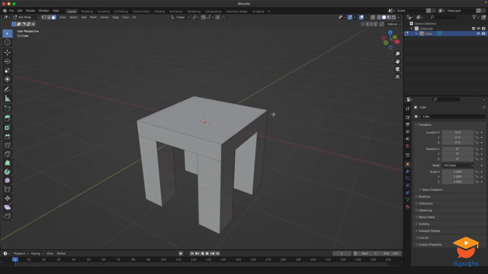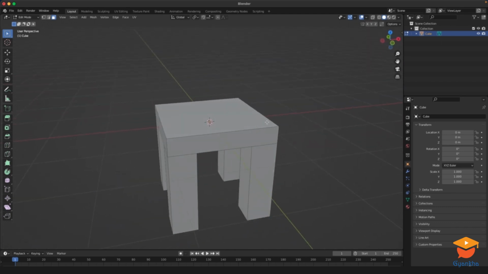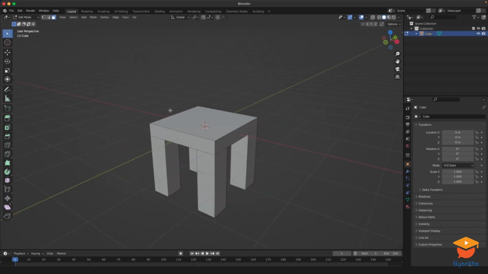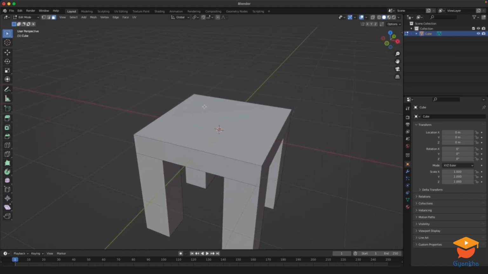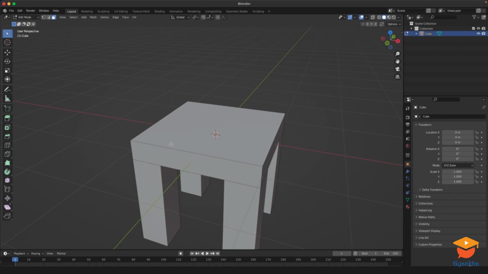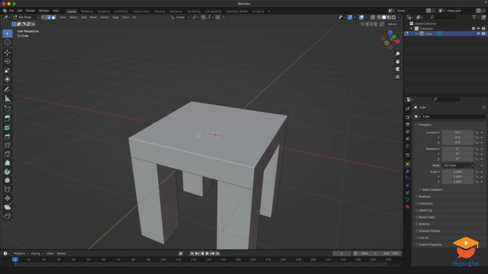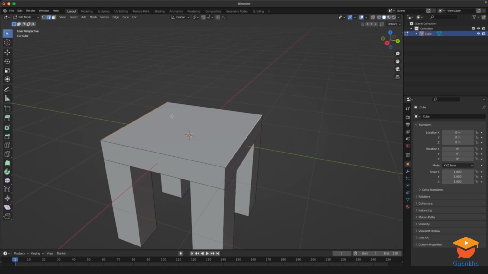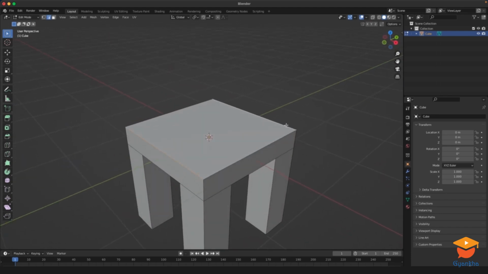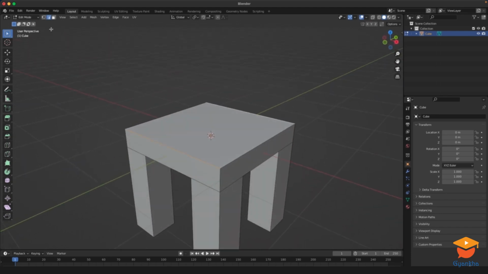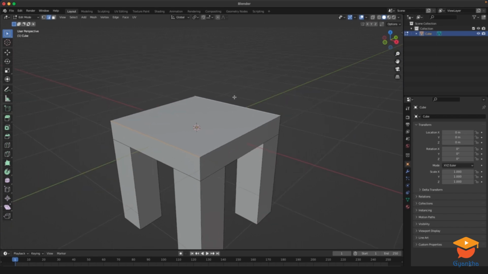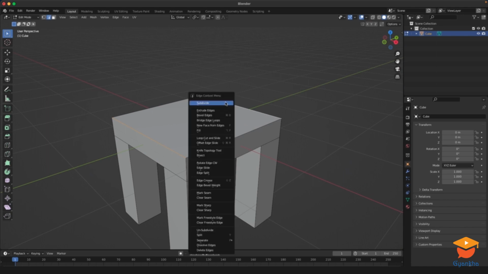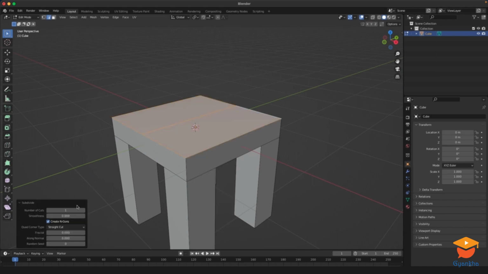So next what I want to do is I want to create the backrest of the chair on the side. So there's a couple of ways we can do this. So let's subdivide this edge and this edge to create more vertices between them. So make sure you're in edge select mode or press 2 on the keyboard, and then select these two edges by holding shift. Then right click and select subdivide, and we only want to make one cut. So you can see that it's only set to one cut,